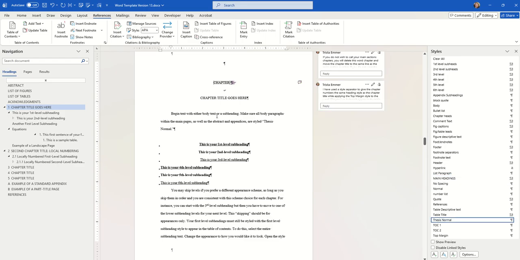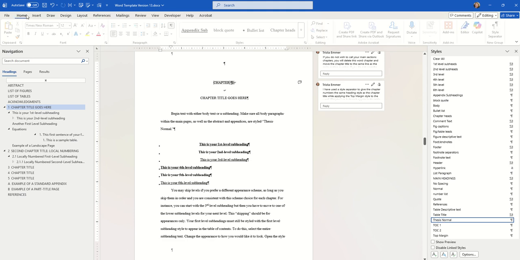Now you'll notice here that we've got our body text. Again, it's styled thesis normal. What we have going on here is we have a heading space. This is the heading space, and the heading spaces need to come between body text and subheadings. You'll notice they don't come between every subheading. If the subheadings are consecutive, there is no heading space between them. Otherwise, all of these freestanding subheadings need to have a heading space above them, between them and anything that is not them generally. I have solved this problem by styling the thesis normal style so that it creates,